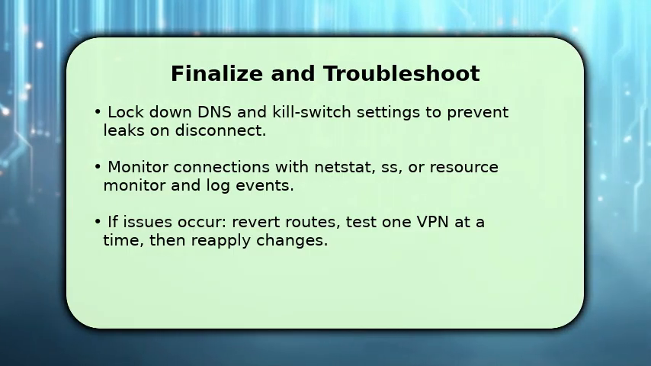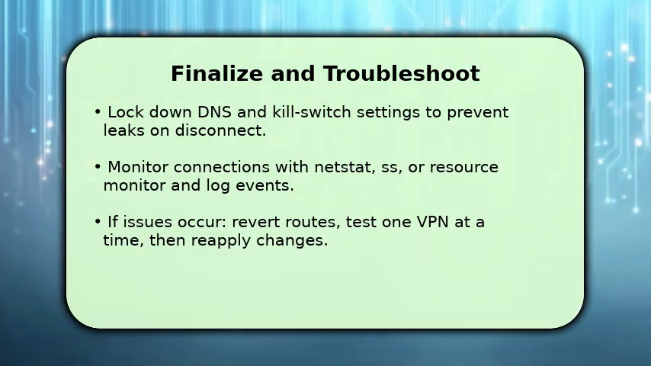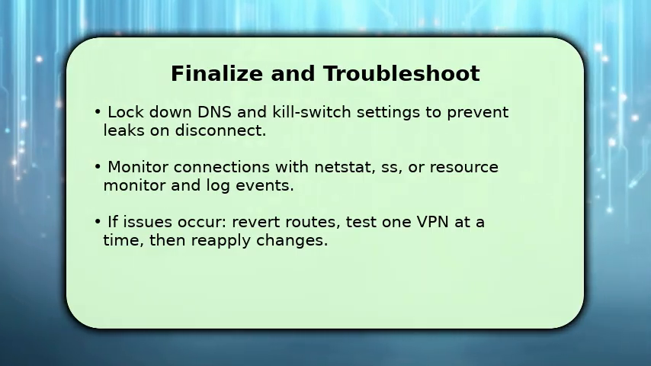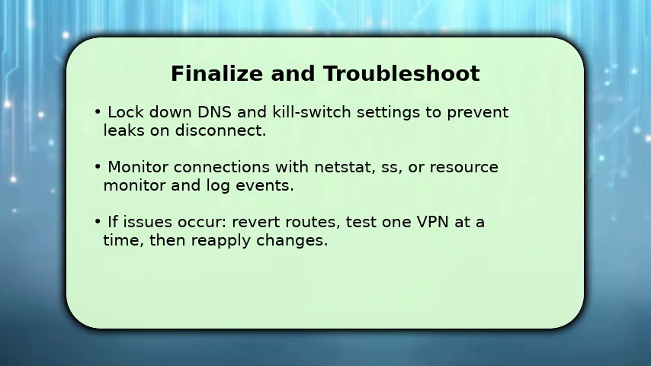If something breaks, isolate the problem by disabling one VPN and confirming the other works. Revert recent route changes and test incrementally. This troubleshooting step quickly identifies